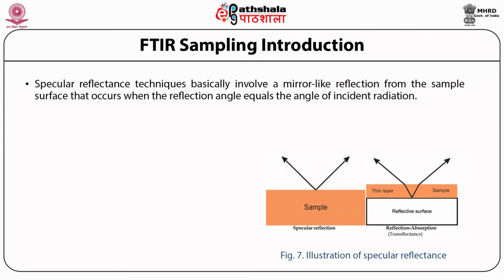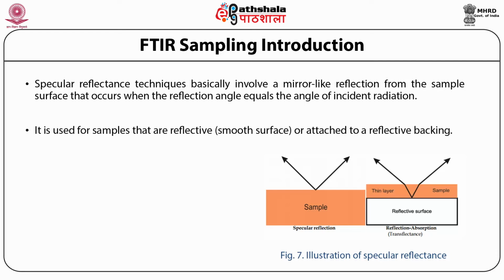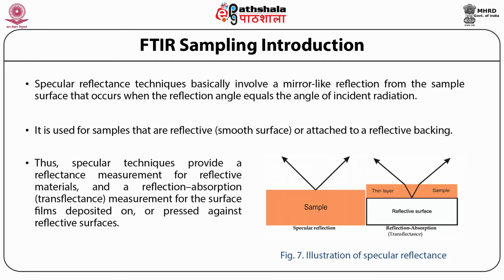So, specular reflectance techniques basically involve a mirror-like reflection from the sample surface that occurs when the reflection angle equals the angle of incident radiation. It is used for samples that are reflective, smooth surface, or attached to a reflective backing. Thus, specular techniques provide a reflectance measurement for reflective materials and a reflection absorption